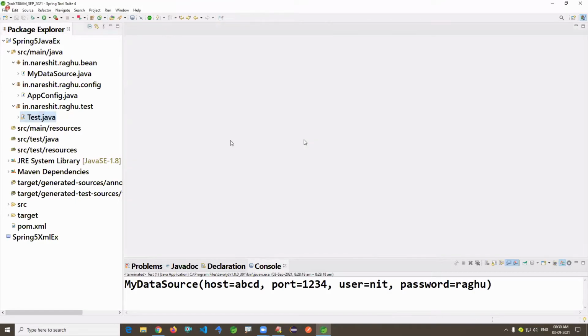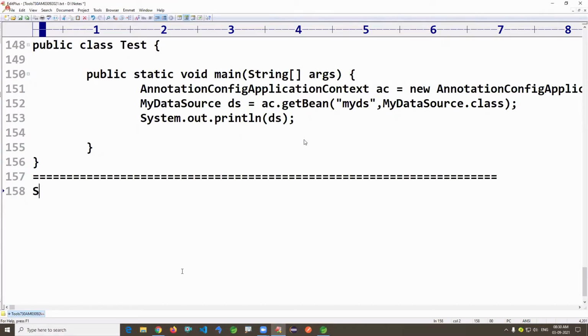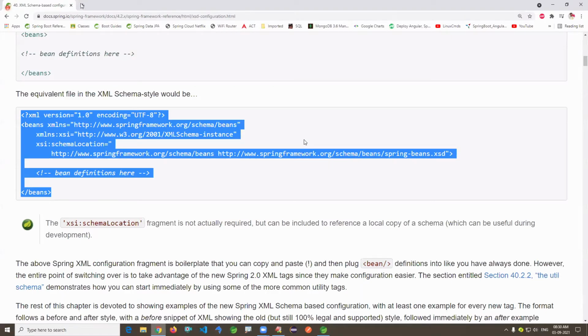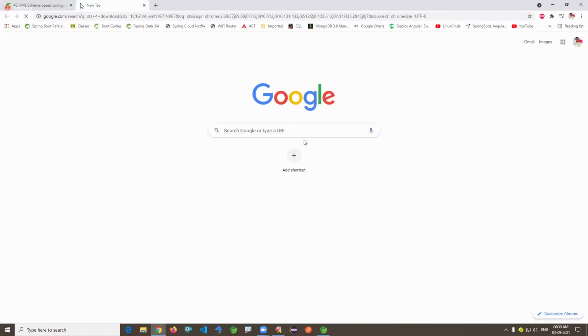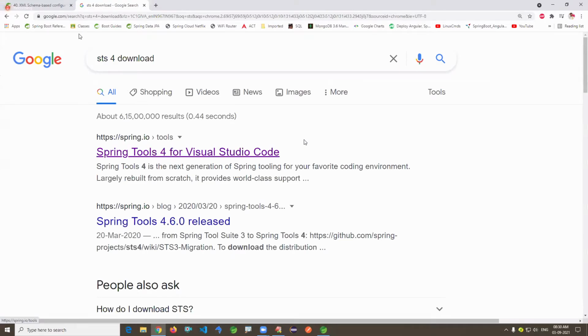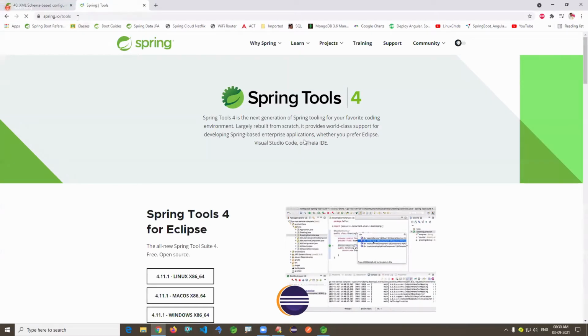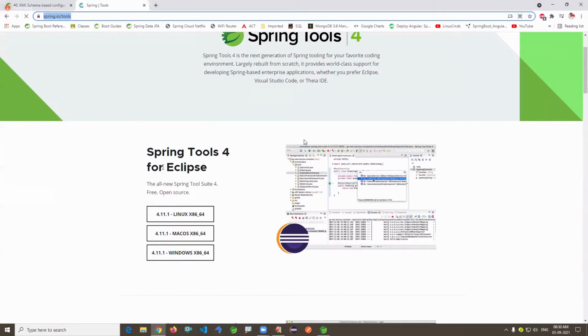Currently, I'm working with the same STS. Download and extract. It's the same as your Eclipse. It's advanced Eclipse. Of course, you can use STS also as a plugin. STS4 download. This is Spring Tool Suite for Eclipse.